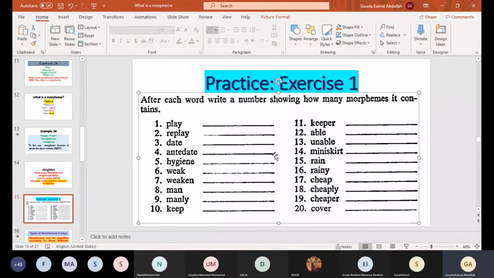Let's move on to number 3, date. How many? One morpheme. Excellent. Why does it have only one morpheme? Because it has a meaning, it cannot be divided, and it has the same meaning in different contexts. Well done. Excellent. Number 4,